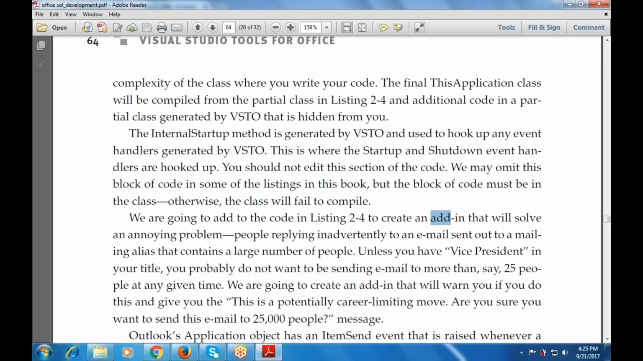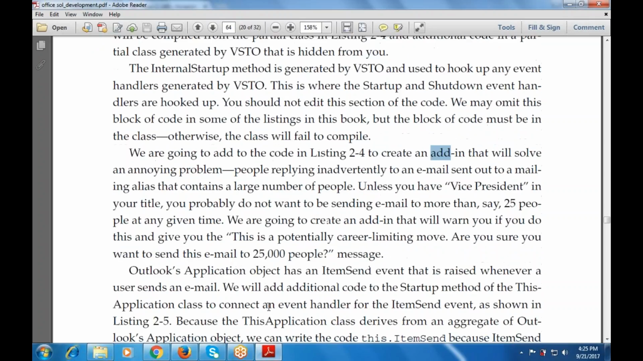So I want to send this email to 25,000 people message. So this is an additional random send event that is raised whenever a user sends an email. So we will add additional code to the startup method, the method we are using. This is known as the startup method that will be used in the ThisApplication.cs as a part of the